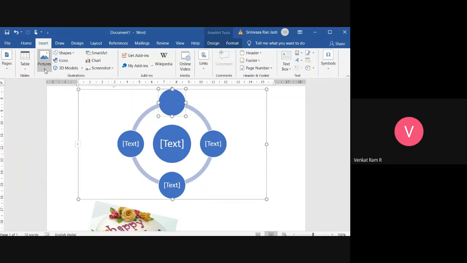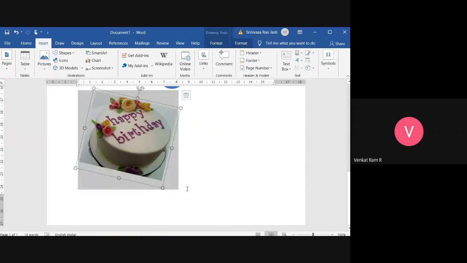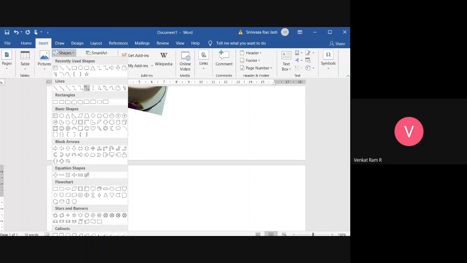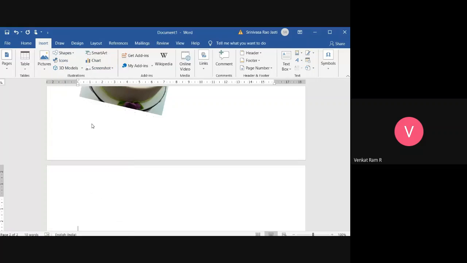And next, shapes. You can insert some shapes, and you can even give more highlighted versions for your document. Different shapes will be present.